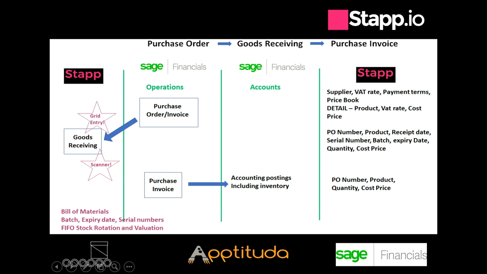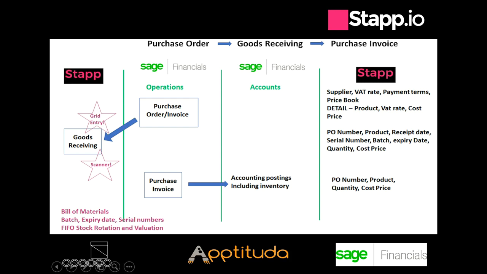Within the purchase order, goods receiving, purchase invoice environment, first of all, the process is started using the purchase order from Sage Financials. That purchase order is then created, and the transaction number from the purchase order is used during the goods receiving process for Stapp. We have a grid entry, very fast entry of goods received, integration with scanners as necessary, and then